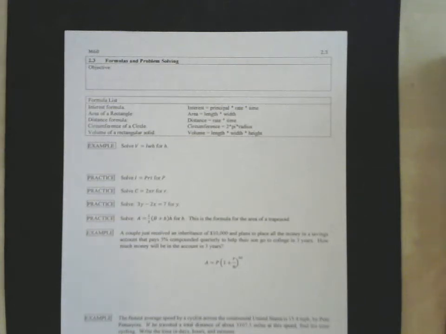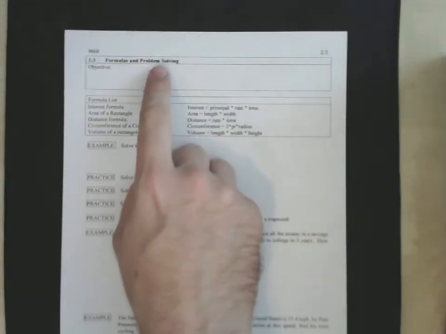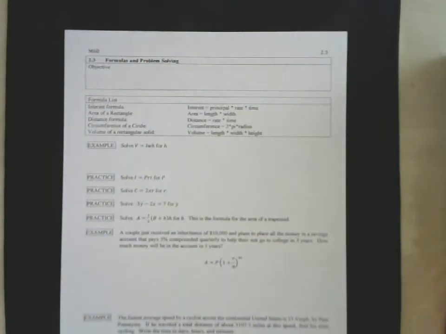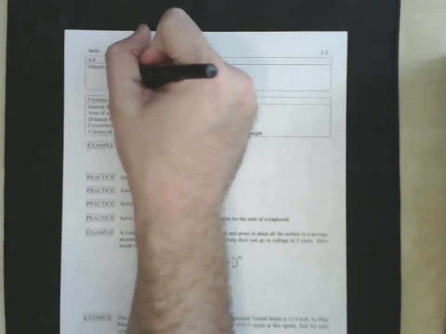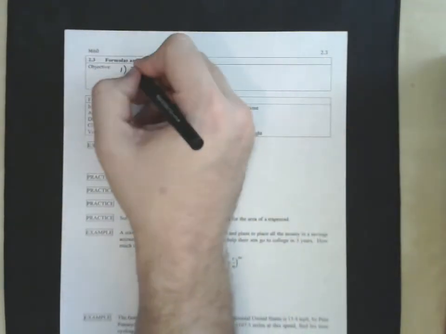Okay, 2.3 is a continuation essentially of 2.2. As we mentioned, it's formulas and problem solving. We talked about last time the structure of how we tackle word problems. Remember, problem solving just means word problems. And we have two objectives in this section. The first of which is to solve a formula